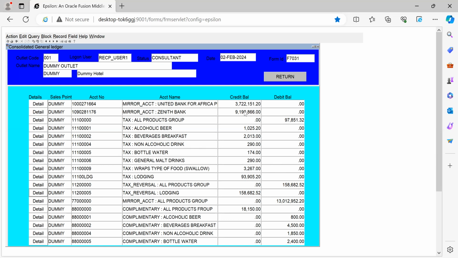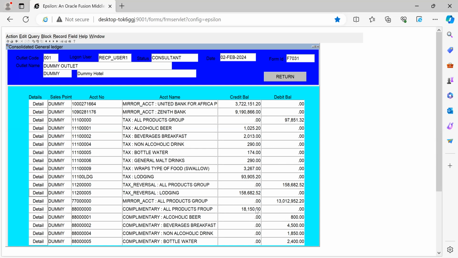which is 9.1 in Zenith Bank, 3.7 in United Bank for Africa. So that is what mirror account is all about. Now, the next item here is complementary products. Now, complementary